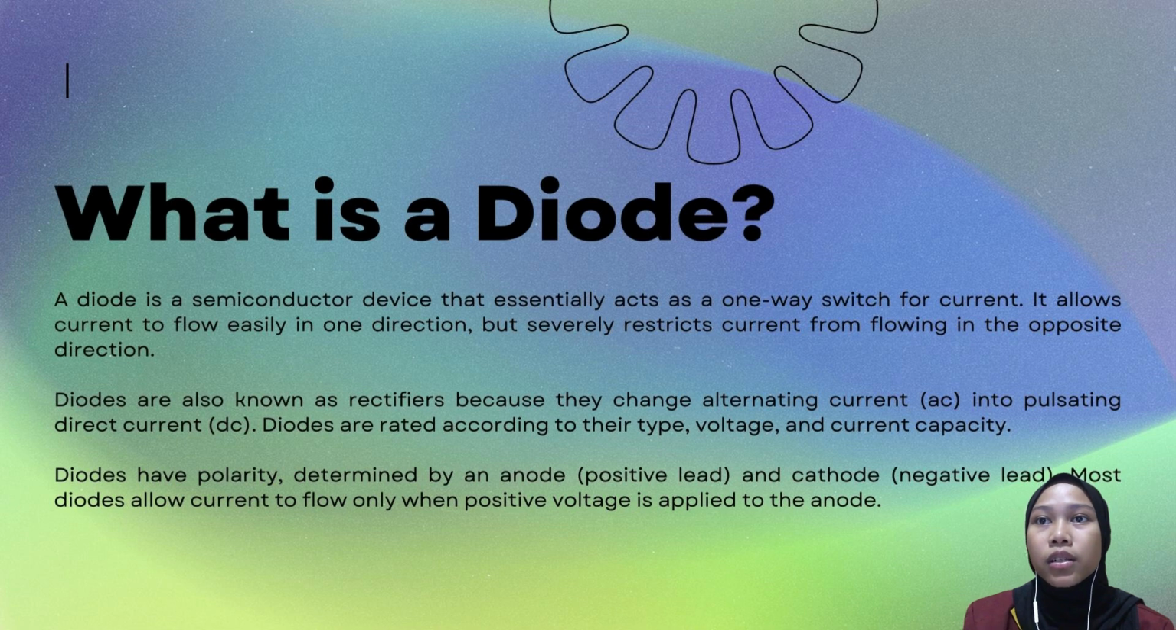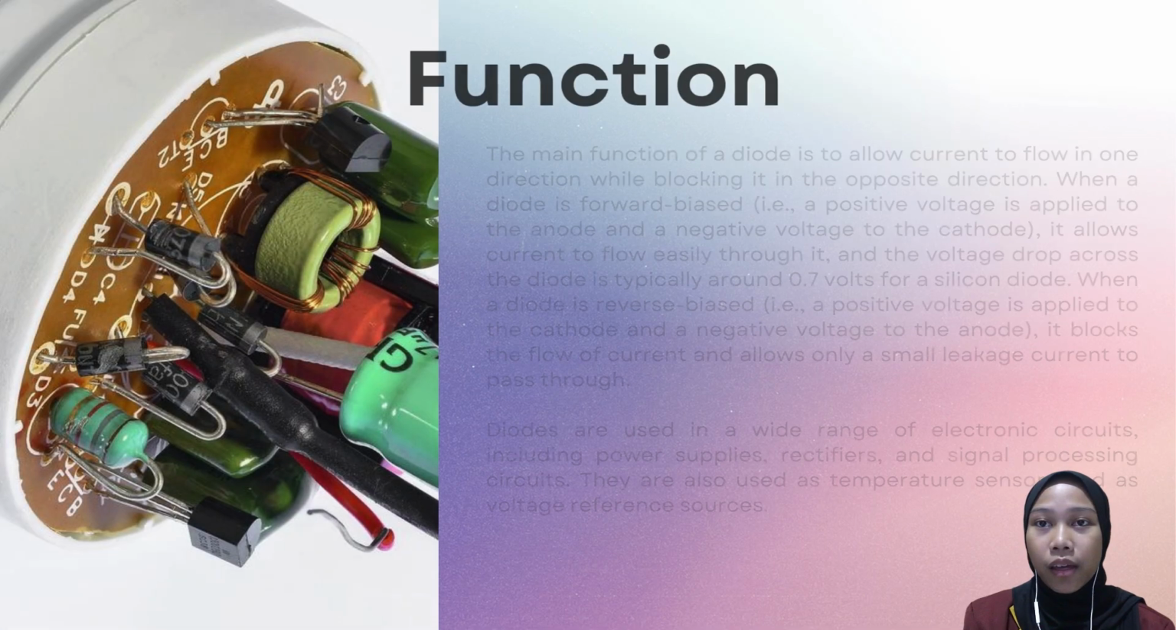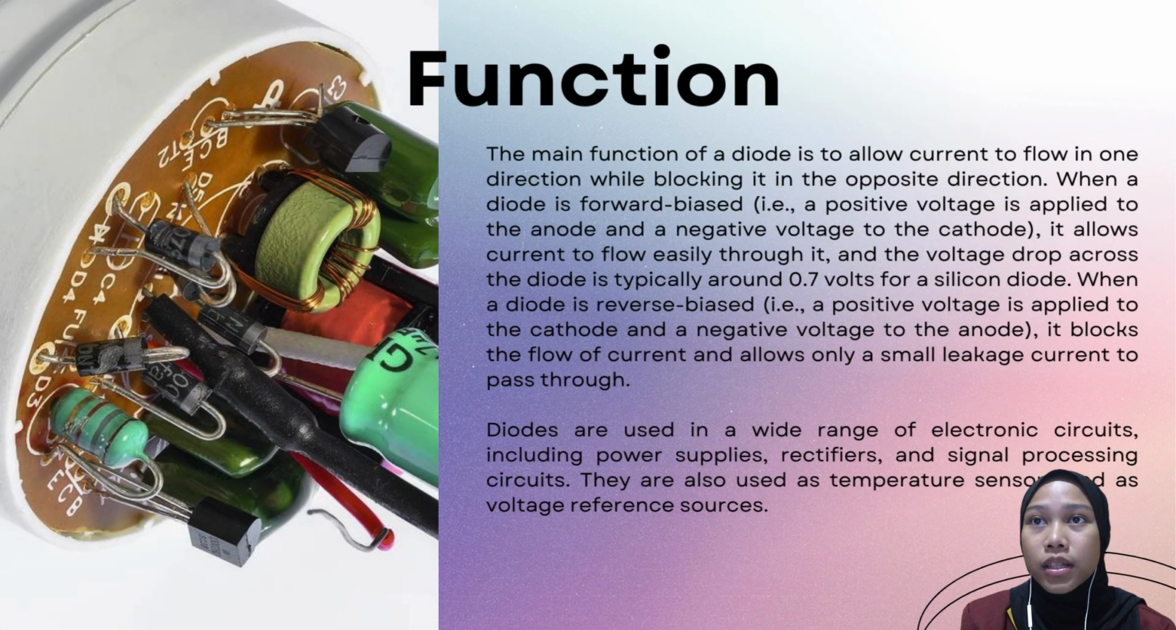Diodes are rated according to their type, voltage, and current capacity. Diodes have polarity determined by an anode or positive lead and cathode or negative lead. Most diodes allow current to flow only when positive voltage is applied to the anode. And the function of diodes is to allow current to flow in one direction while blocking it in the opposite